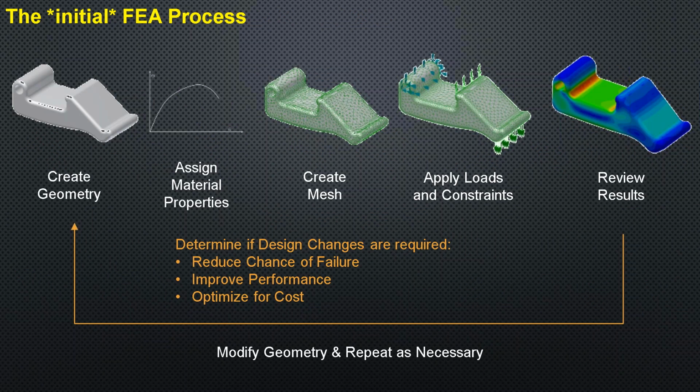Let's talk about the initial FEA process. This comes up quite often. We cover this during our training class. You start with your geometry, you bring it into Nastran, and that geometry can be native Inventor, but it could also be imported geometry like a STEP file or a SAT file or something like that. And once you bring it into Nastran, if you have not assigned the material in Inventor, you can assign a material in Nastran. You're going to create your mesh, apply your boundary conditions, that's your loads and constraints, and run your analysis